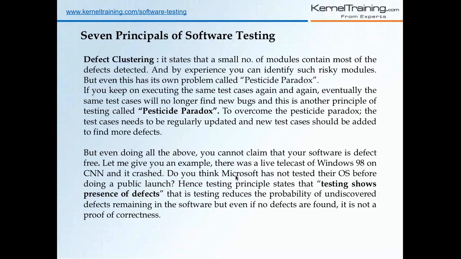Now there is another principle called defect clustering. This principle of software testing states that a small number of modules contain most of the defects detected. Just now, we see that, okay,